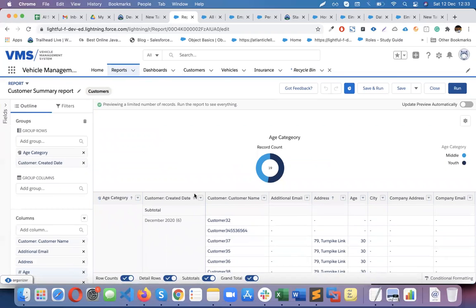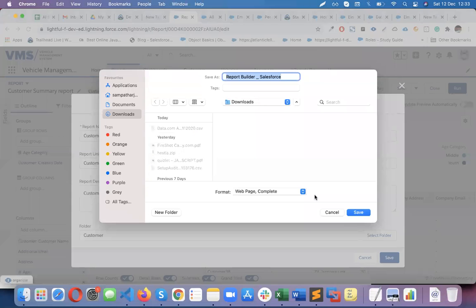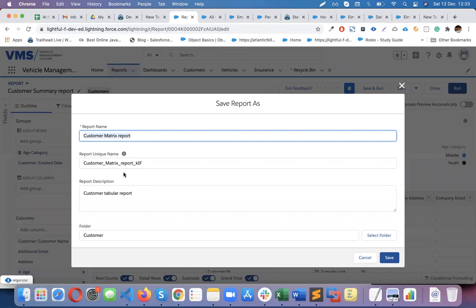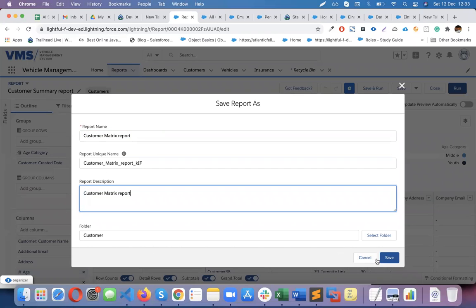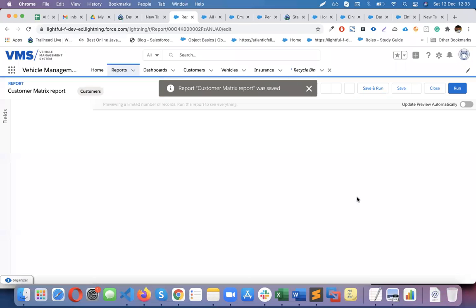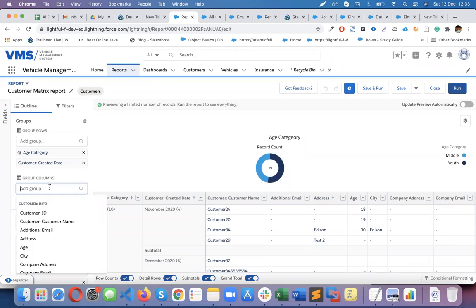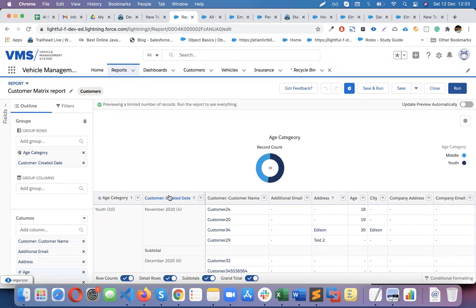In the same way, I will show you one column grouping. Here also you can go into the column grouping. So first I will save this, save as matrix. In matrix, the benefit is that you can do row grouping and column grouping. So if I go for created date over here as column grouping, just simply edit,